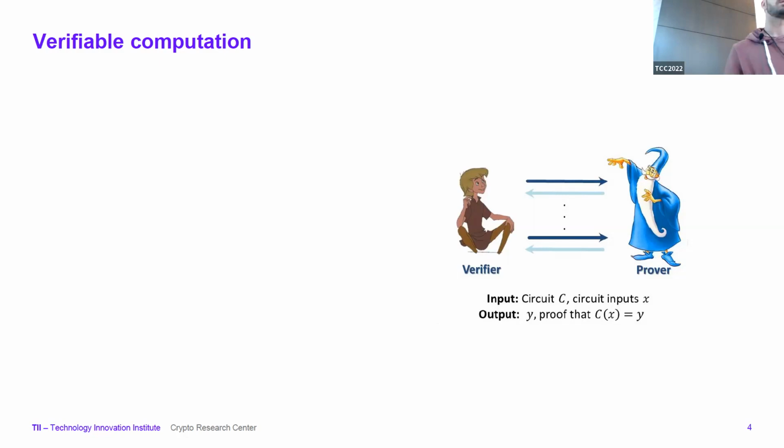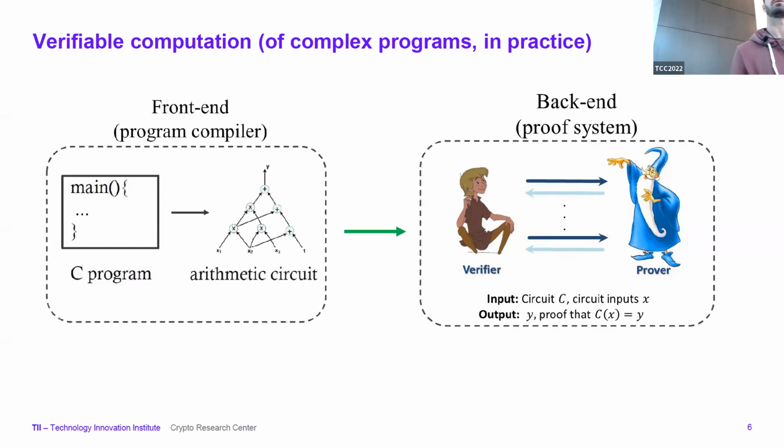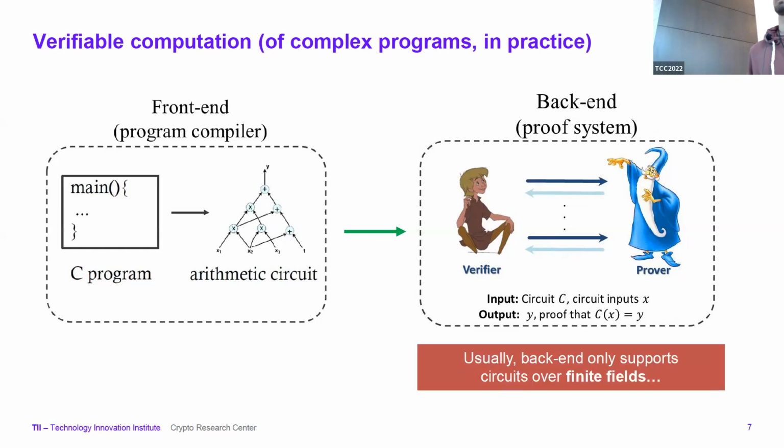And this is not quite there for practice, because people care about programs more than they care about circuits. There's really, really efficient work here, but you can't forget the whole picture. Whenever anyone wants to deal with a problem like this, and you have some program, you have two steps. First, you have some sort of compilation from your program down to the arithmetic circuit, and then you feed that to the backend, which works over circuits. And one thing I want to argue in this talk is that it's important to remember this connection.